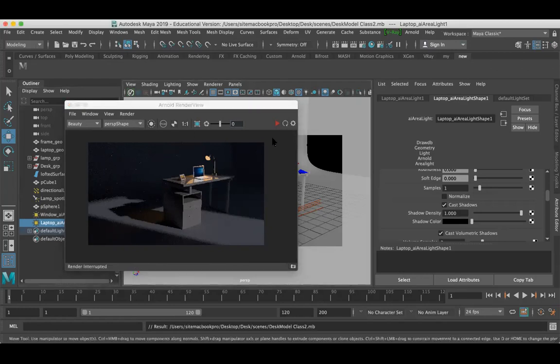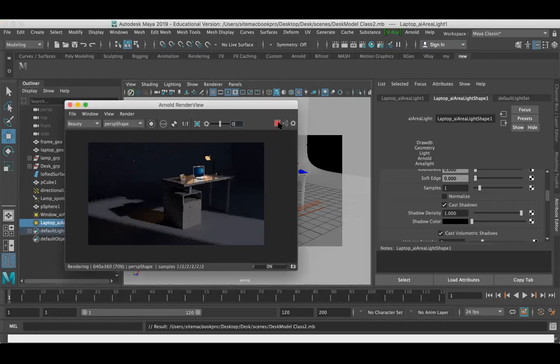Wait, I'll save my file, then I want to just play. Guys, Arnold render is too fast. If I had made the same settings in Mental Ray or V-Ray, I would have died by now. Okay, you feel what is happening. It takes so many buffer renders, but Arnold is really powerful.